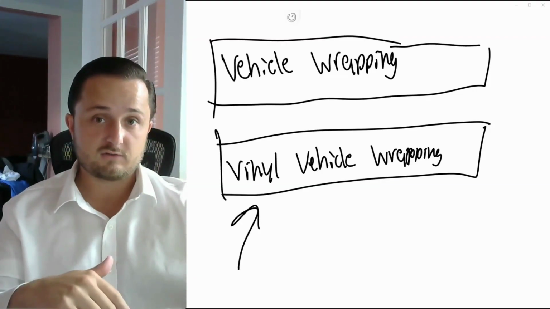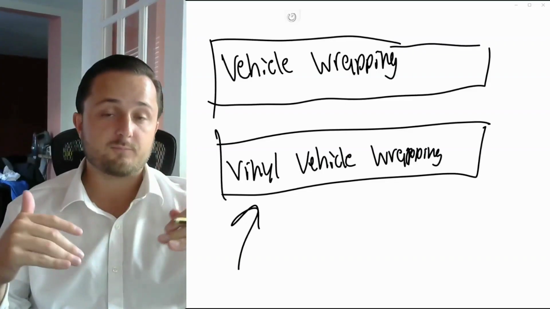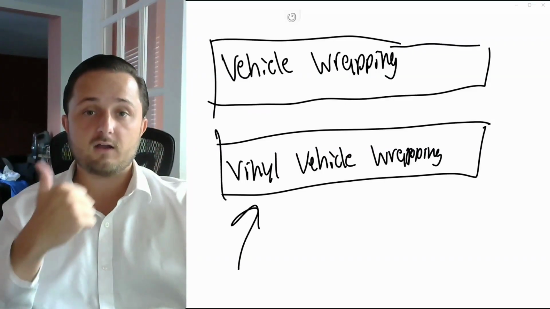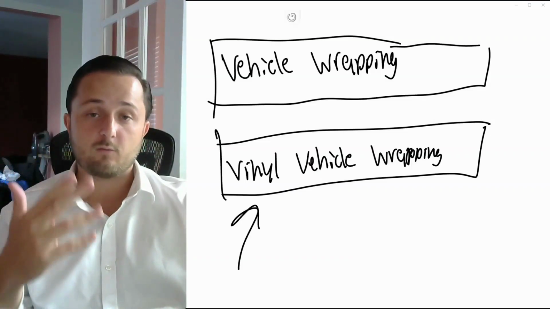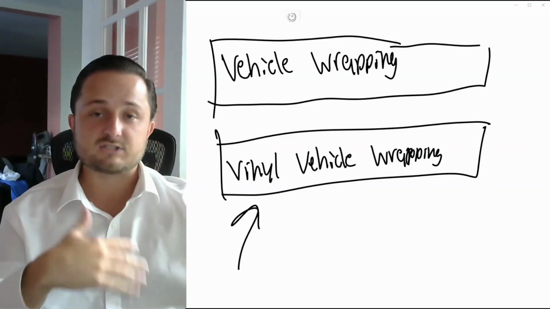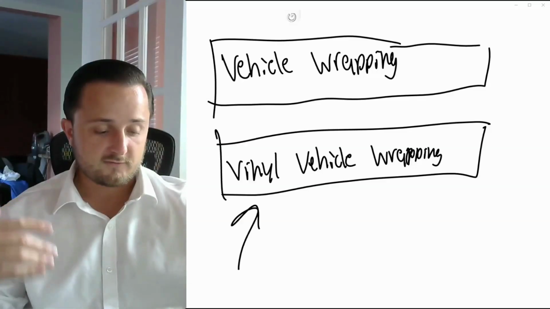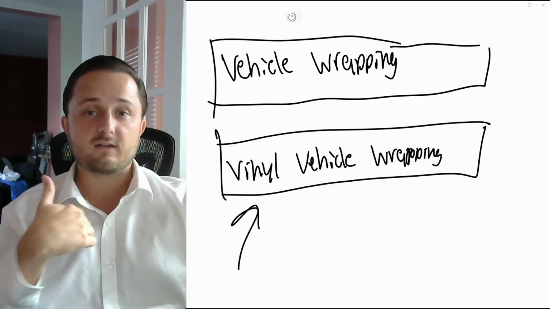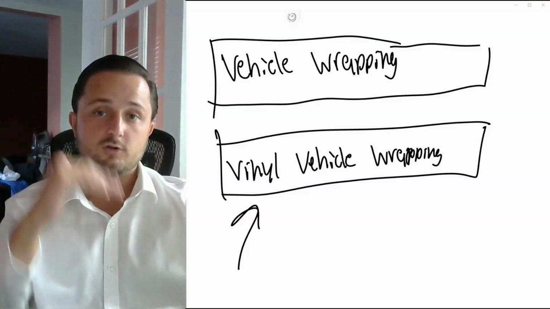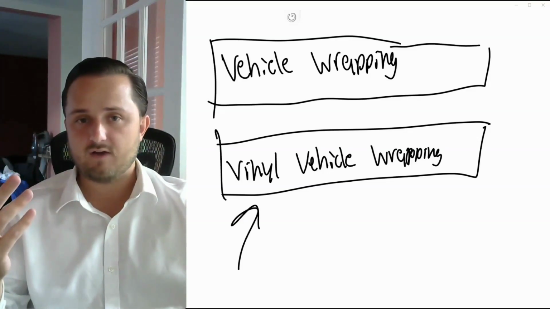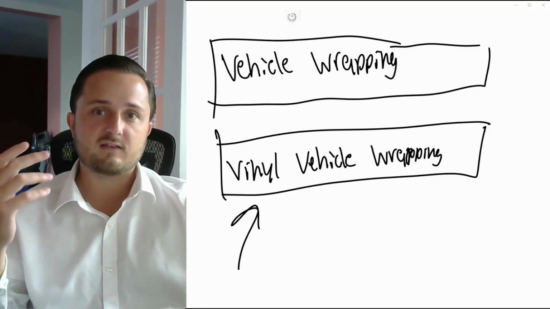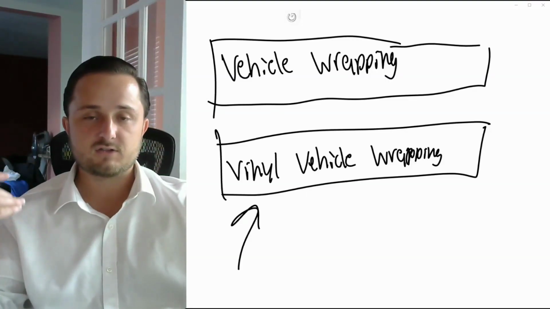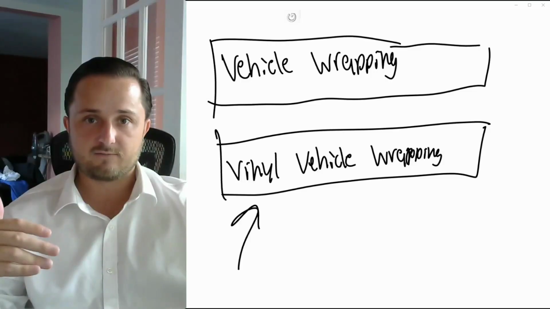So someone searches and I offer the service, I offer the product. It's just that I haven't properly optimized my Google business profile, or I haven't properly optimized my website, what have you. It just hasn't been optimized. Someone can search for vinyl vehicle wrapping and I could not appear, or I could appear so low in the rankings that they'll never find me, right? I'm in the 7th position for my Google business profile and my website's on the 2nd page. So I'm barely getting any of the traffic.